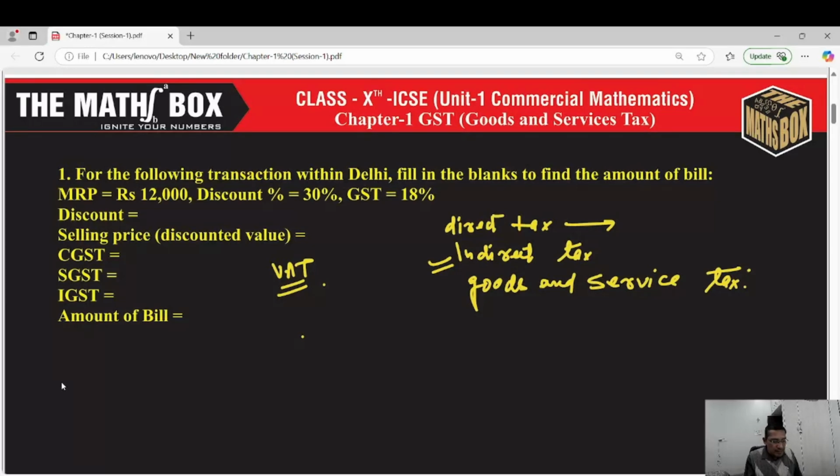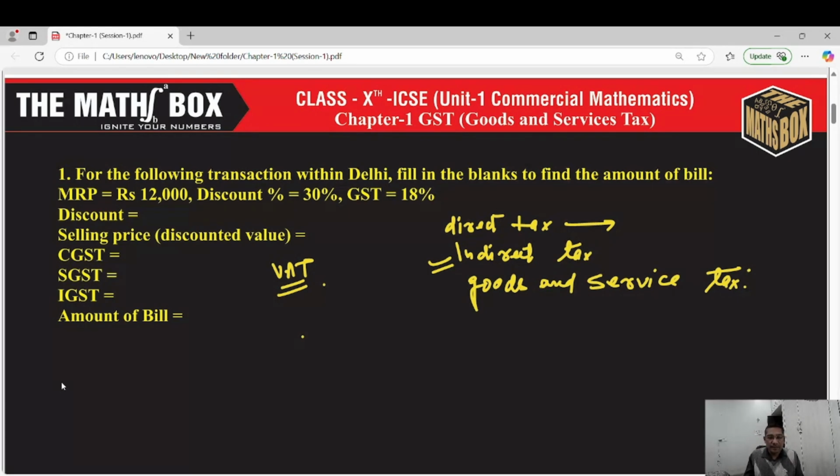GST has replaced all former indirect taxes. Now there are no other indirect taxes. There's only one goods and service tax. It is the only indirect tax to be paid by individuals or organizations, as all other indirect taxes have been merged into this tax. So whether we are using services or goods, purchasing tangible objects or intangible objects,